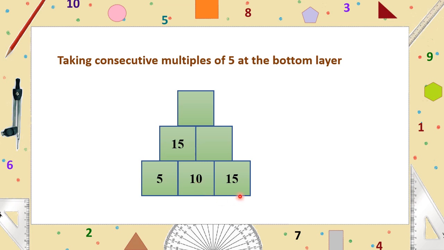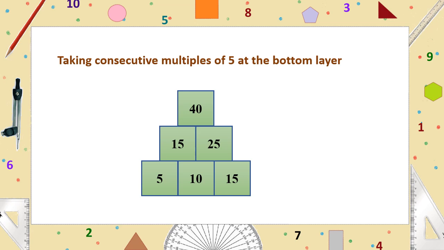10 plus 15 is? What is the sum of 10 and 15? 25. And what will be 15 plus 25? 15 plus 25 is 40. Let's check whether the same relation holds here. Yes, that is, 40 is 4 times of 10. You can check yourself with the consecutive multiples of some other numbers.